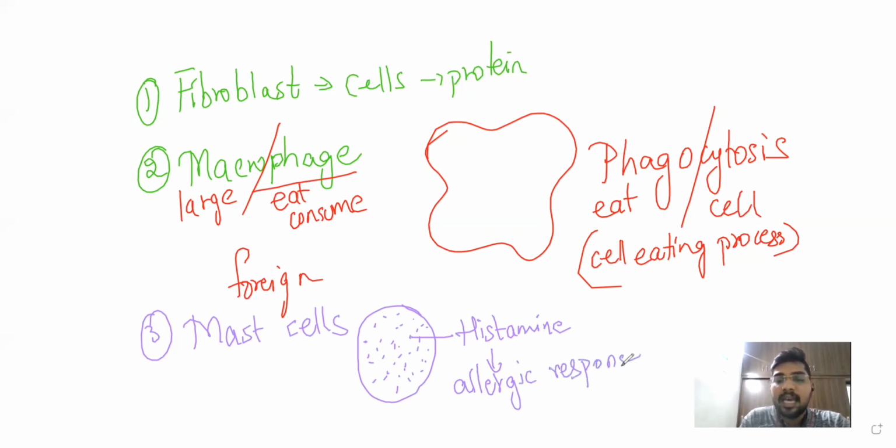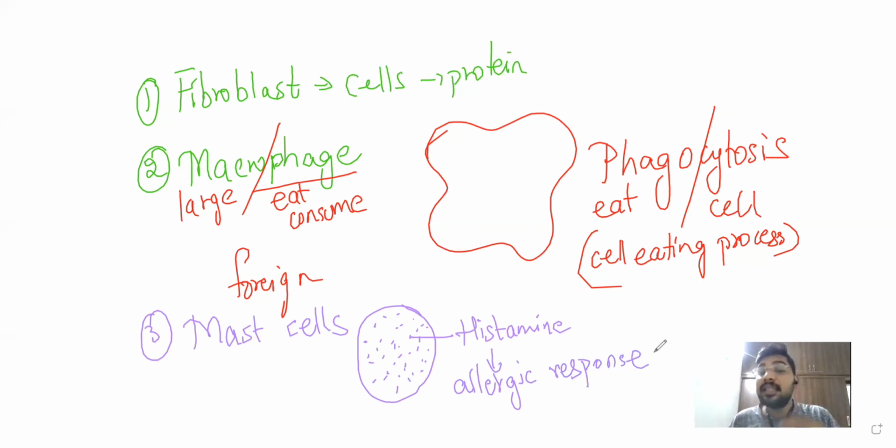For example, a simple example I'll give you. A honeybee or a mosquito comes and stings you or bites you. Let it be any fly or any insect that comes and bites or stings you. When it is stinging or biting you, it will secrete certain enzymes, certain chemical compounds, into your bloodstream. And your body identifies those enzymes or chemicals as a foreign substance, and it secretes